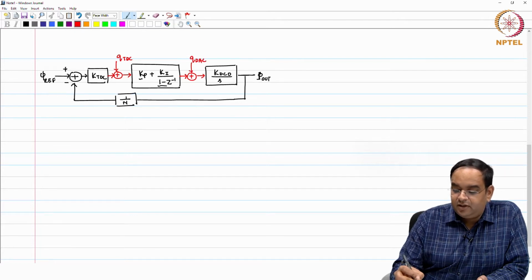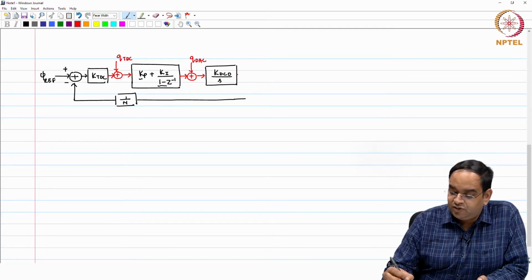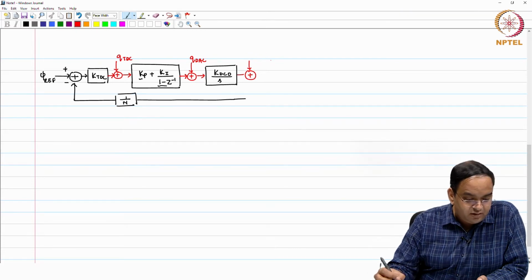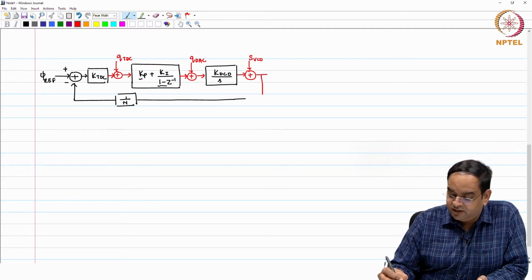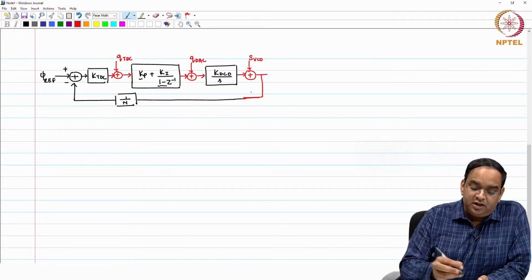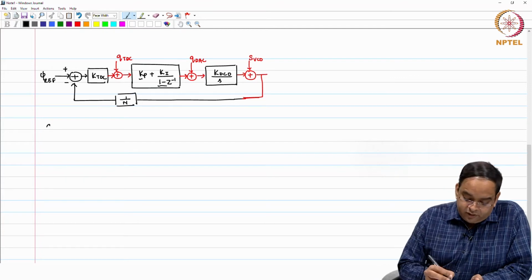QDAC, and then the VCO itself, whatever noise you were having, the phase noise of the VCO, that still remains. So, you have VCO phase noise as VCO. This is something which you can always write, which is always there, no matter whether it is analog or digital. Now, this quantization noise, there are certain assumptions here, that the TDC quantization noise,